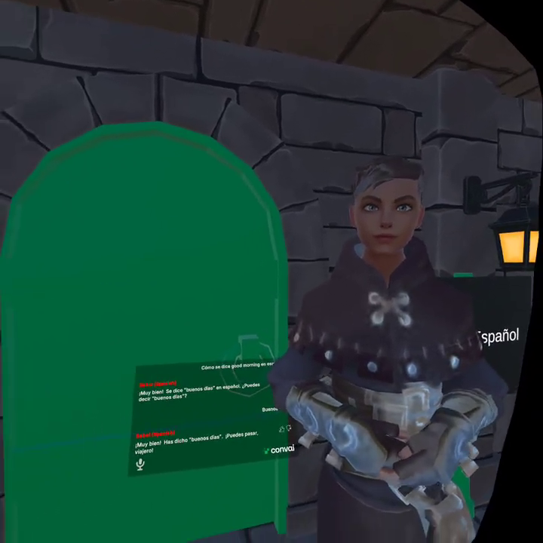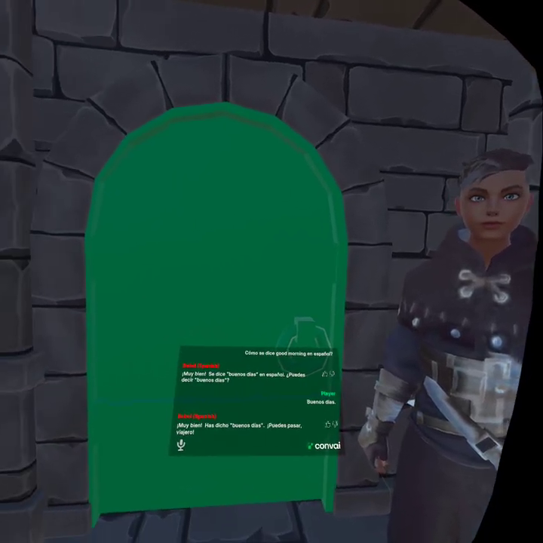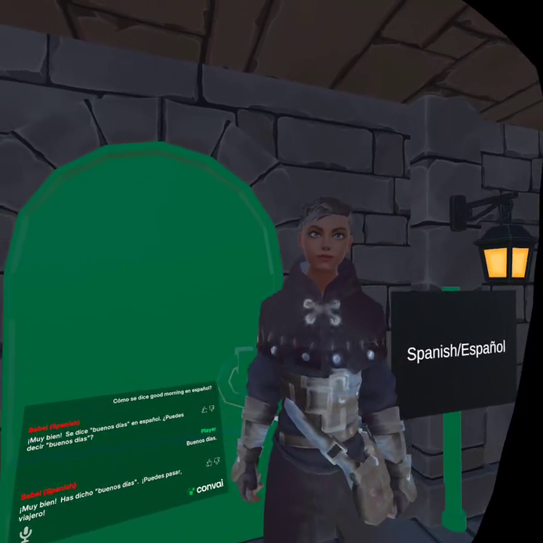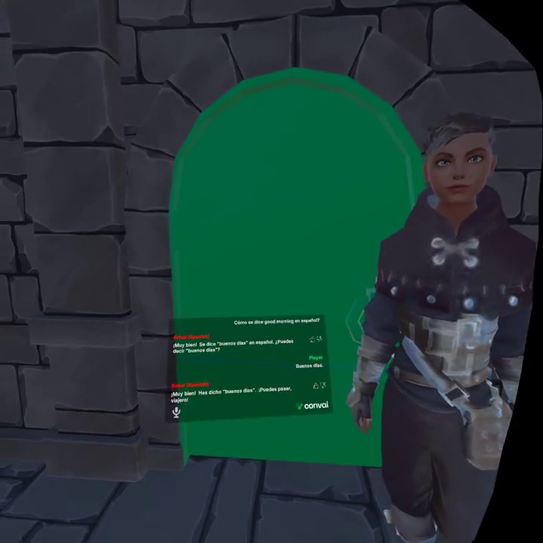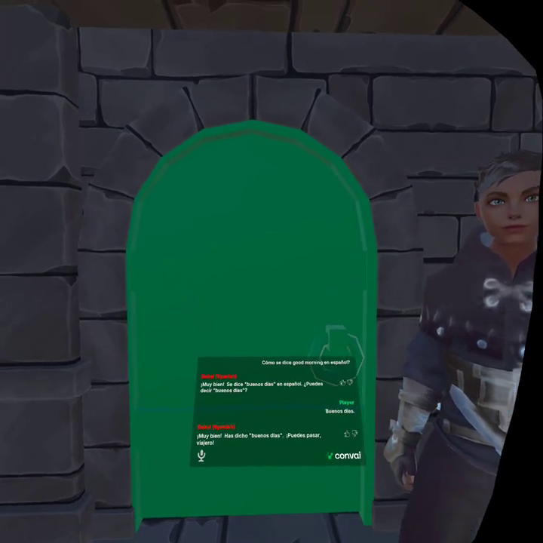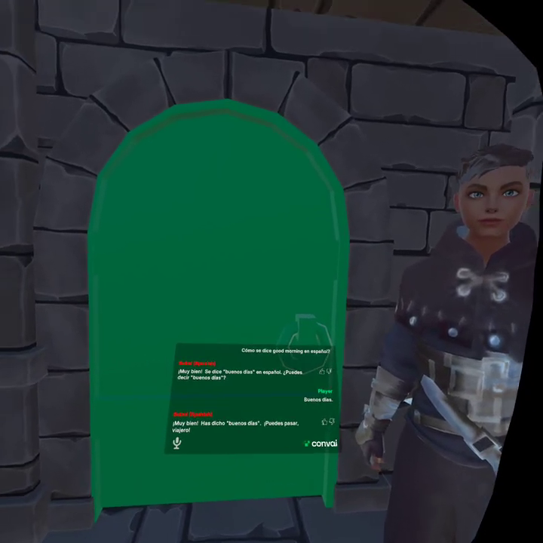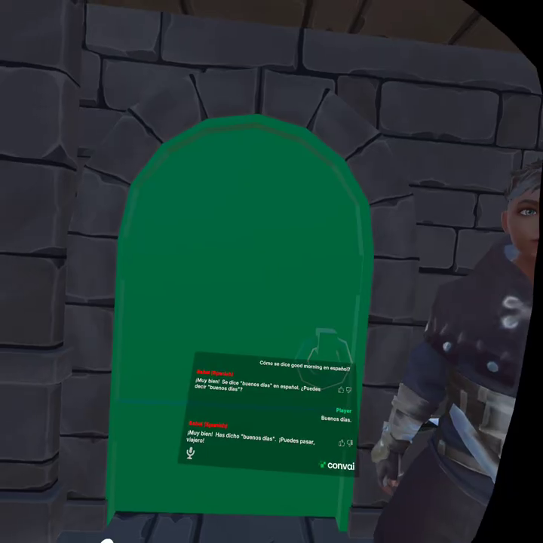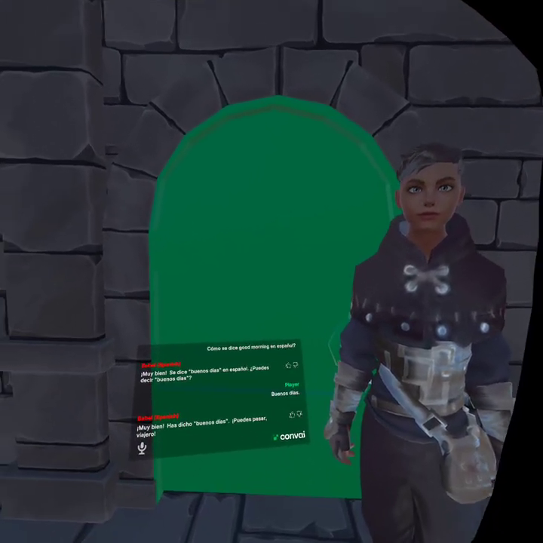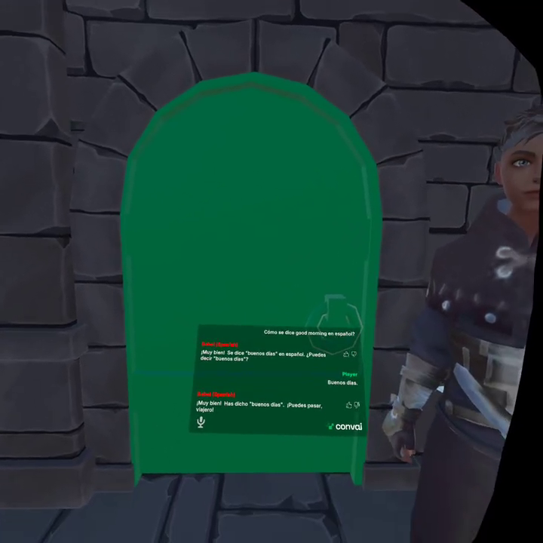And so that was a very quick showcase of one of the features that we implemented, or a couple of the features actually. And so this NPC would have actually accepted hola as an acceptable response to pass through the door. But I wanted to say something else, so I could say buenos días, which is another acceptable greeting, and we didn't necessarily state that in Convai. It just understands that good morning is a greeting, and so it accepts that as an acceptable answer to pass through for the first puzzle.